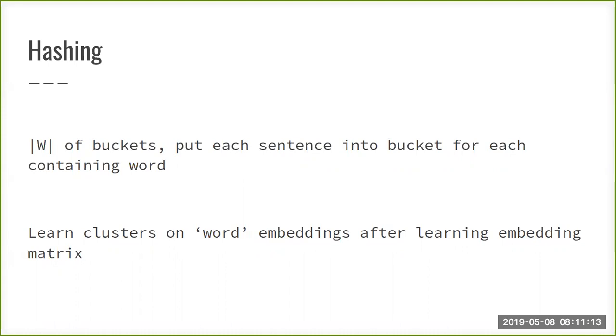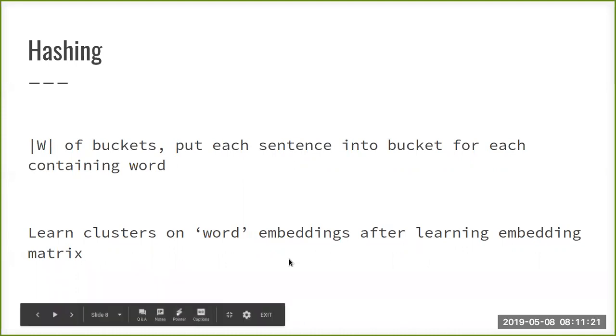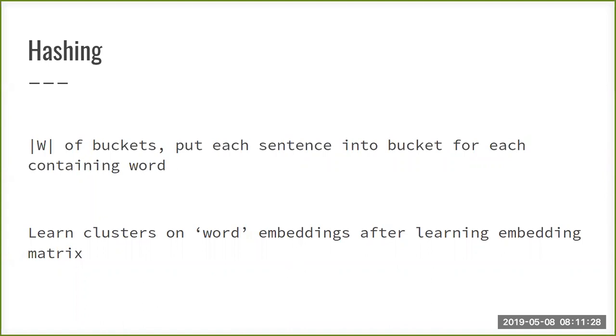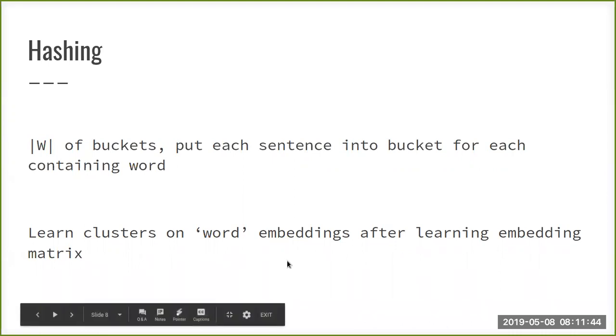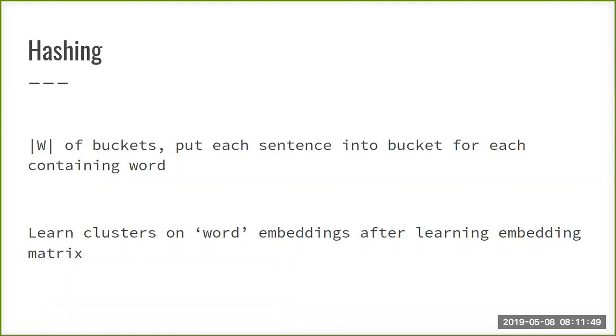So they decided to use word embeddings, which are not really word embeddings in the context of GloVe and word2vec and stuff like that. They would feed in the one hot vector for this internal representation, and the output of this embedding matrix would be the word embedding in this case. And they would cluster those things, and then they would only evaluate the candidates from the same cluster as the question is.